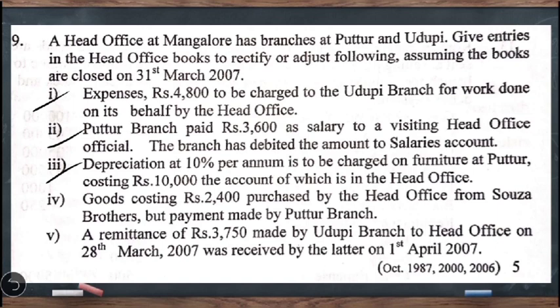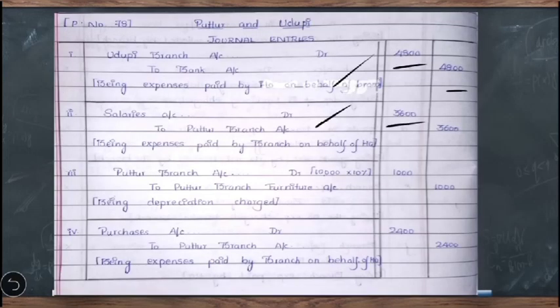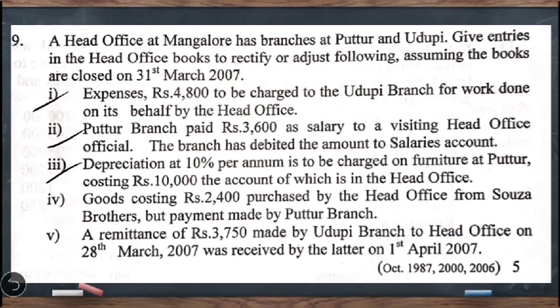On that we have to charge the depreciation at 10%, and the account relating to this furniture is maintained in the books of head office. So what is the entry we have to pass here? Puttur branch account debit to Puttur branch furniture account on 10,000 at the rate of 10%, which comes to 1,000 rupees. Then coming to the fourth one,